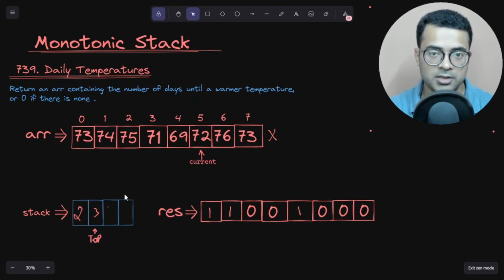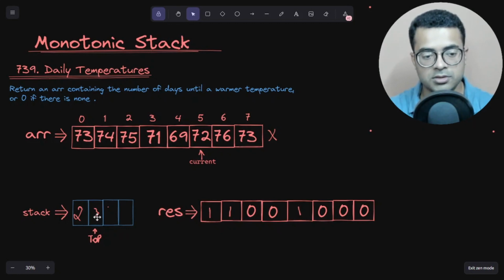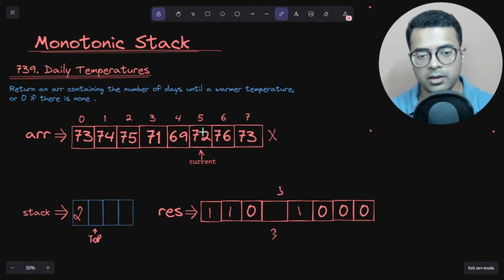Again we will check whether the stack is empty or not. No, the stack is not empty. Now we are again going to use the top of the stack value, this index is 3. So at 3 we have 71. 71 is smaller than 72, again the ideal case. So we are going to pop this 3, and this is the third index position. Okay, so now let's remove this 0 here, and then use this 3, and